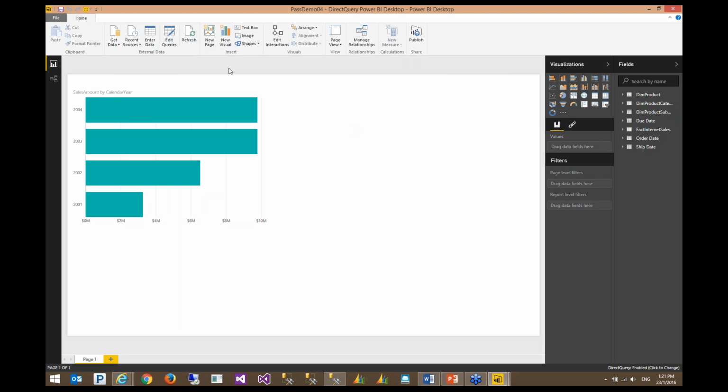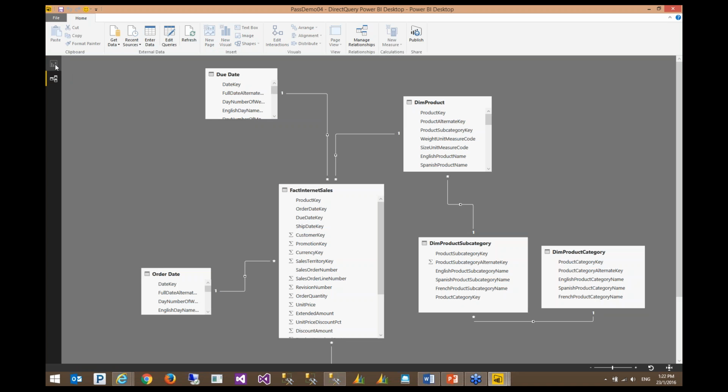As you can see, guys, here in this model, I do not have data view. The views that are available in the direct query mode from Power BI Desktop are just relationships and reports view.